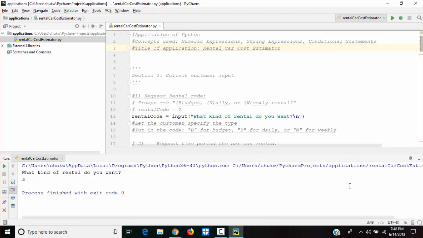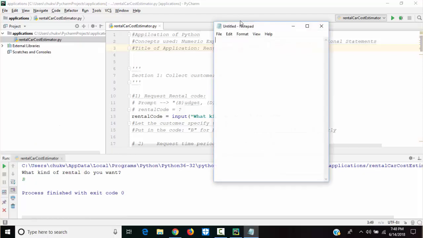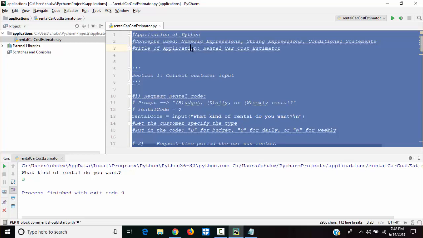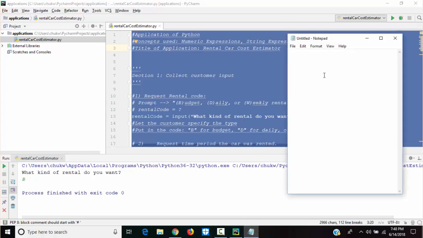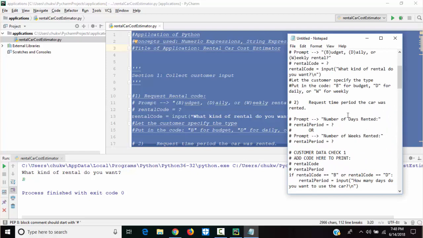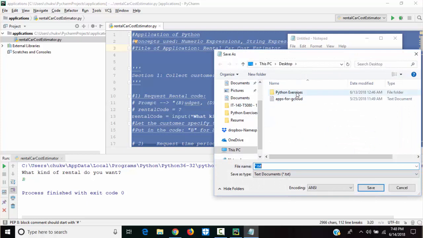Okay, as I'm doing this, technology is sometimes funny. I'm gonna open up Notepad, and I'll copy what I've done so far and paste it here, no problem. Later I will still be pasting it. I'm gonna save this on the desktop, Python exercises. We've been saving the rest. This is a text file.